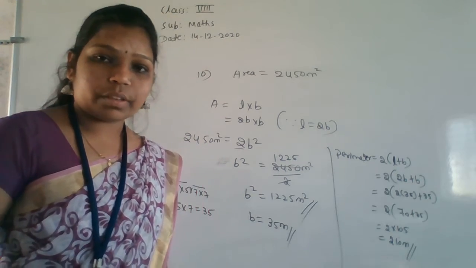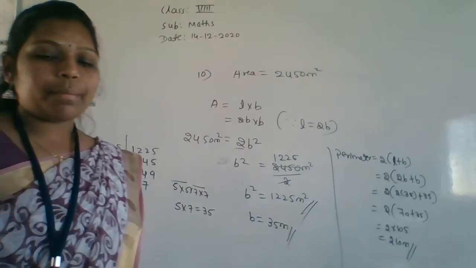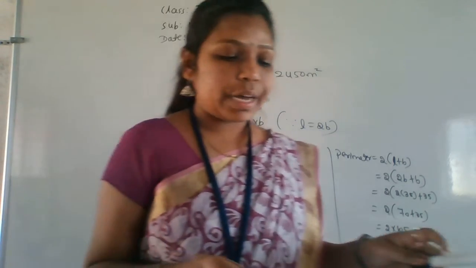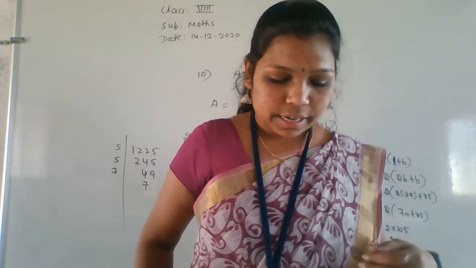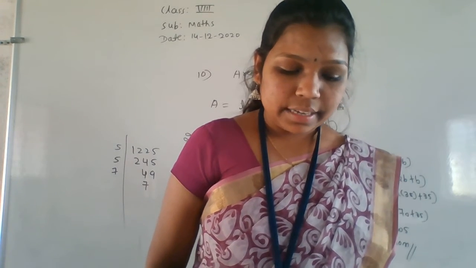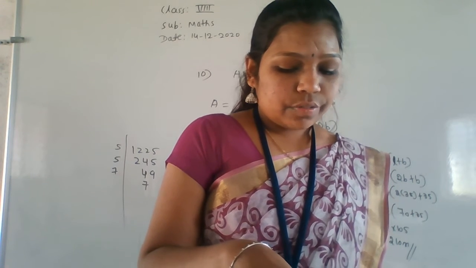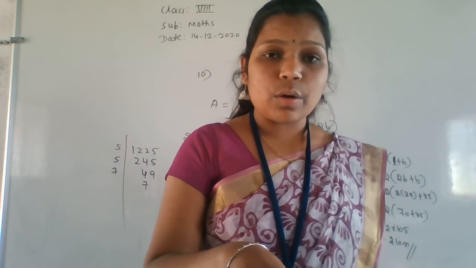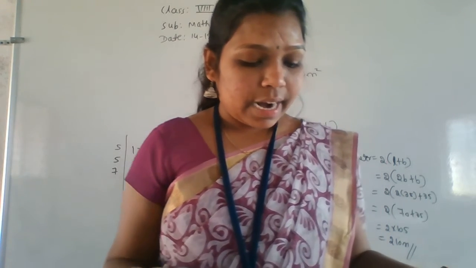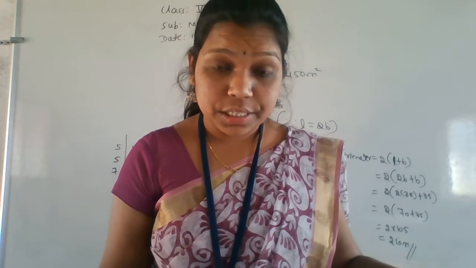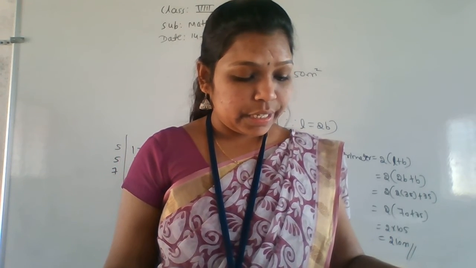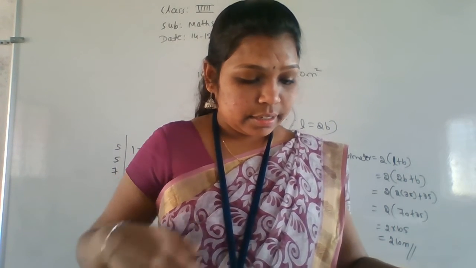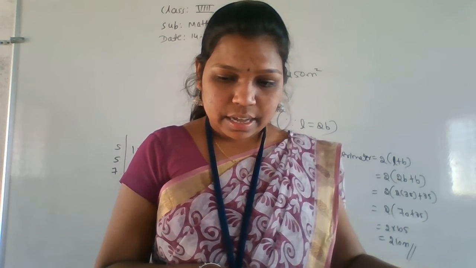Like this we have to do. Getting the idea? Right? So we completed exercise number 3.3. Now the next topic is finding a square root by the division method. First observe, they have given us some steps here. First step: divide the number into pairs of 2 digits, beginning with the unit digit. The remaining 1 digit is called the period. Here they have given one example.